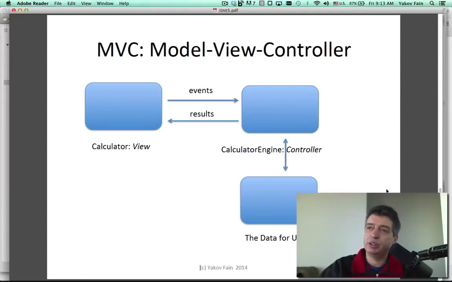For example, they had to split the application code into areas. One area that deals with UI, the other area that deals with processing of the event that happens on the UI, and the other area maybe that deals with data. Maybe it reads the database, maybe it reads the files, or maybe it saves in the database or files. So the idea was, let's create a pattern and call it MVC. So at least when programmers talk to each other, they can use these terms, and they will say, you know what, we will use MVC pattern in this project, which could mean that we will create class or classes that